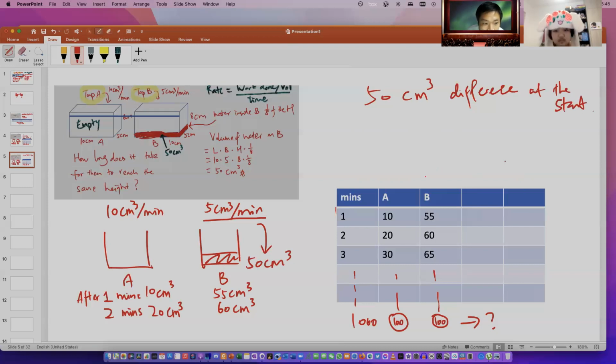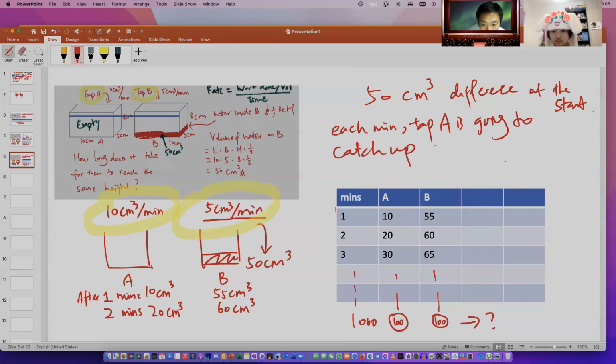And if you look at the rate, tab A is 10, tab B is 5. So for each minute, tab A is going to catch up 5 cm cube. So in order to catch up 50 cm cube, because this is the difference,